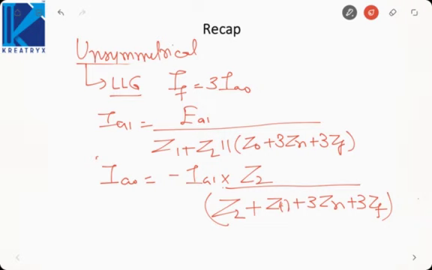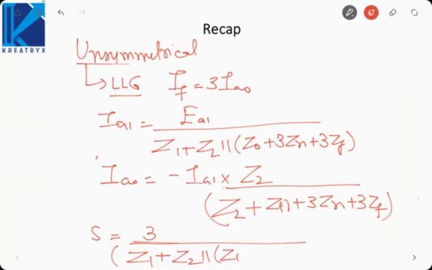And the short circuit MVA we calculated as 3 by mod of Z1 plus Z2 parallel Z0 plus 3Zn plus 3ZF, in PU. Similarly, if we multiply it by the base value, we will get the short circuit MVA in the units of